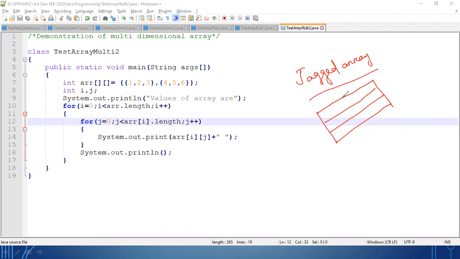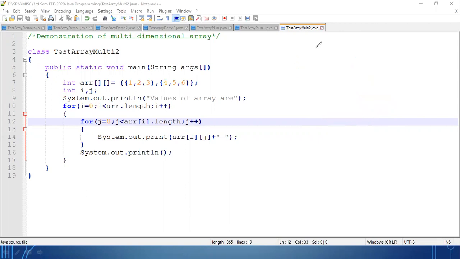I want to allocate 2 blocks to my first row, 3 to my second row, and 4 to my third row. This concept is known as your jagged array. So I can assign multiple arrays to a single array. So how to do this? Let's see the demonstration of jagged array.